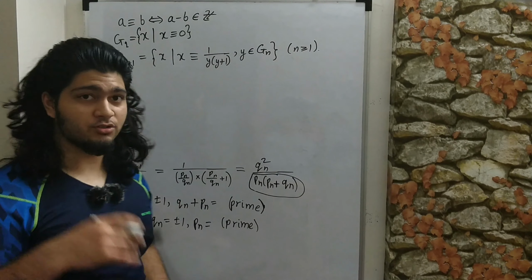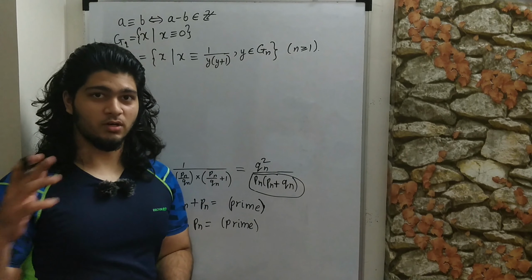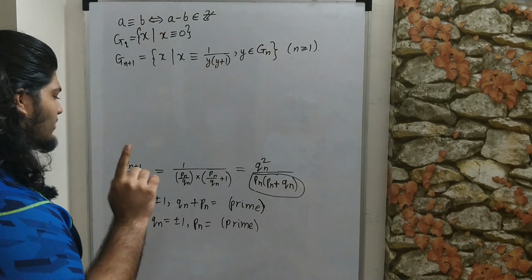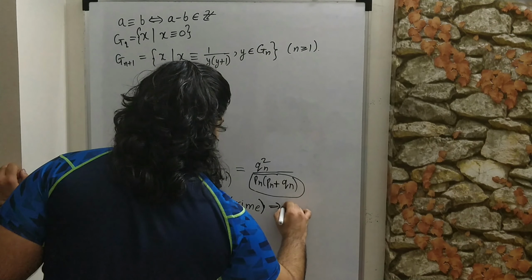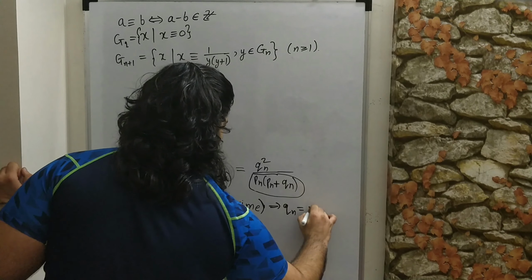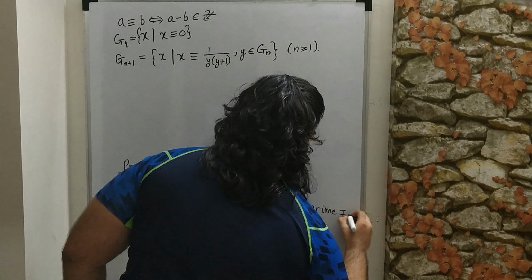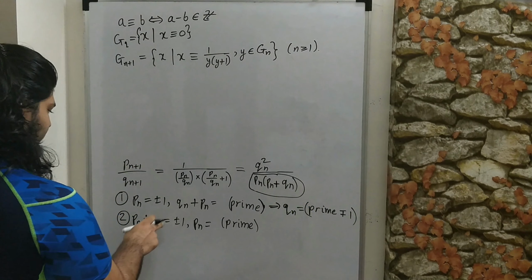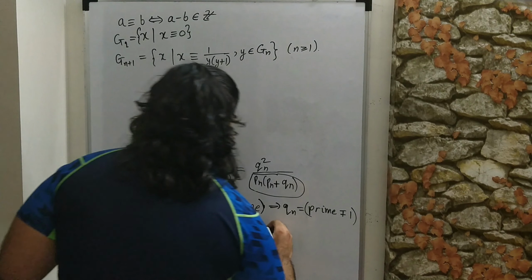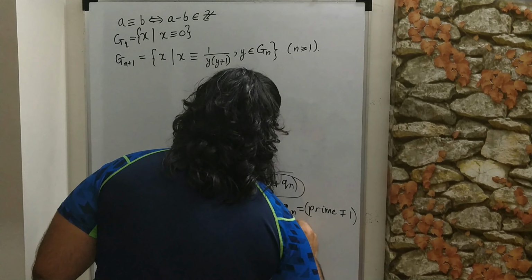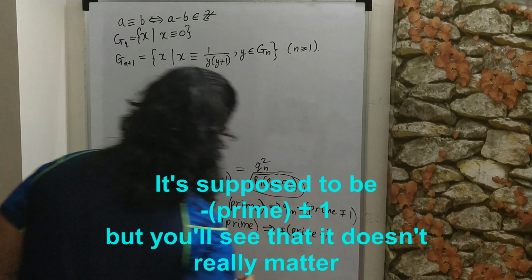Now what we'll do to simplify our job is to just drop this plus minus and say that the negative of a prime is also to be considered as a prime. So minus 2, minus 3, minus 5 and so on are also primes for now. So under that definition, we can say that q_n is prime minus plus 1, and here we have q_n is equal to plus minus 1 minus prime, so that's minus plus of prime minus 1.